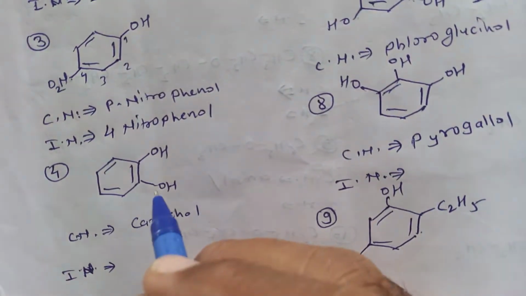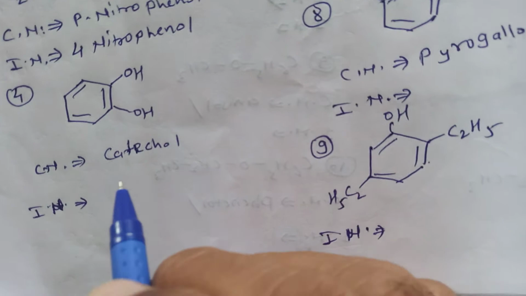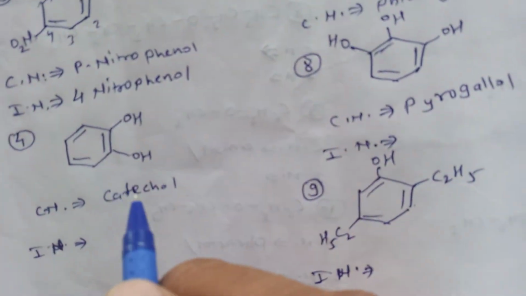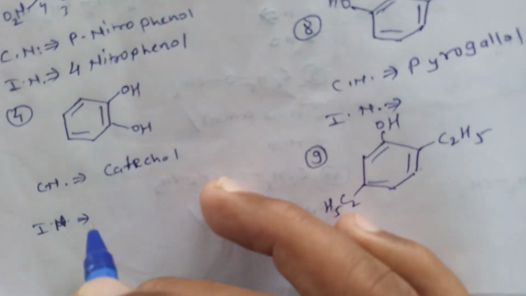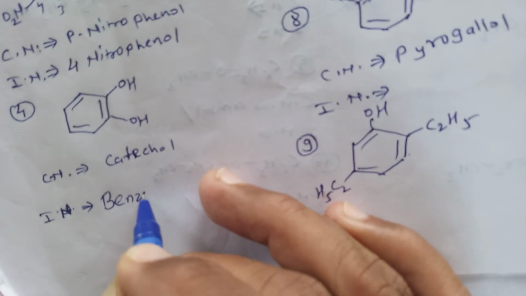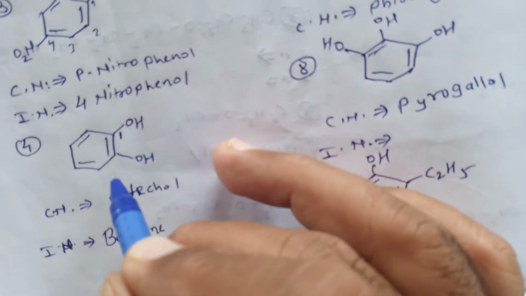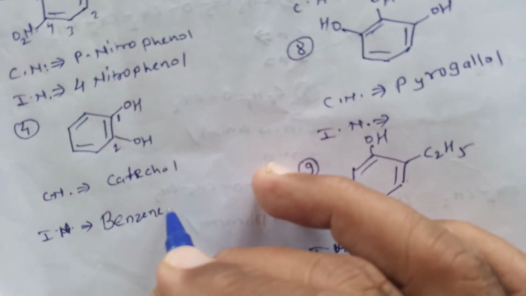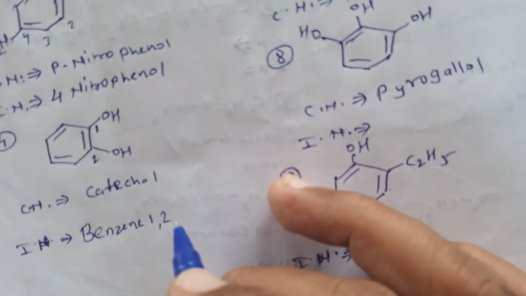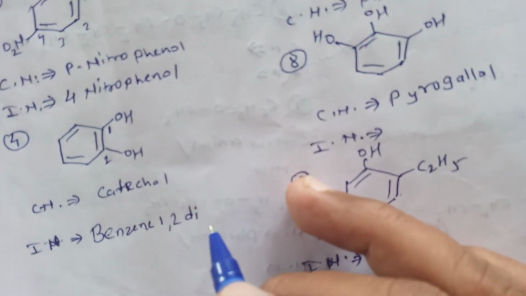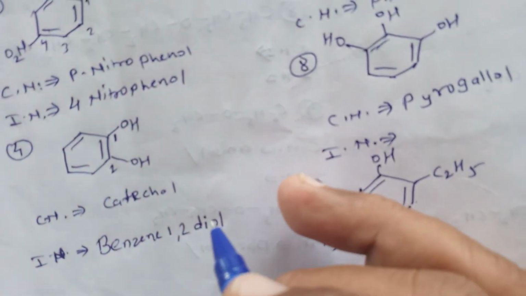Then in the next example, that is a dihydric phenol. The common name of the compound is catechol. In the case of these dihydric or trihydric phenols, write down the name of the ring, that is benzene. First the name of the ring, benzene, then the numbering 1 and 2. These locants are substituted here: benzene 1, 2. There are 2 hydroxyl groups, therefore use the word di, and for the hydroxyl group ol: benzene-1,2-diol.